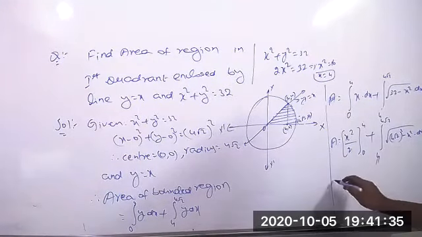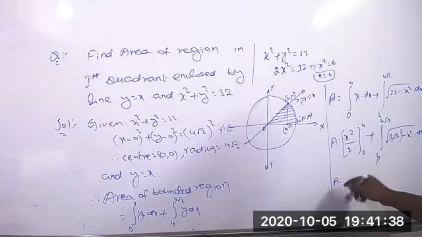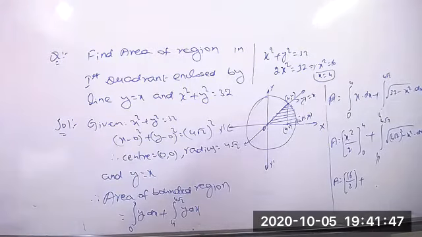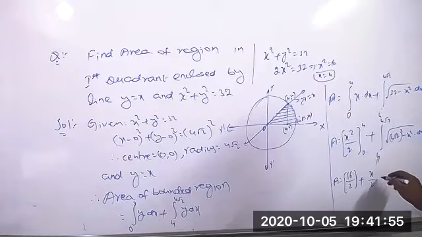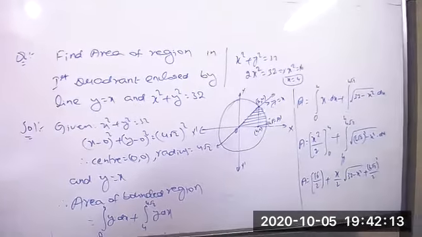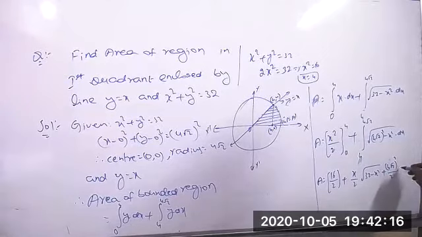Okay, now this also you can integrate. The area equals upper limit minus lower limit, clearly we will get 16 by 2, plus this is root of a square minus x square. Again the same formula: x by 2 into root of 32 minus x square, plus a square by 2, 4 root 2 whole square by 2, into sin inverse of x by a.